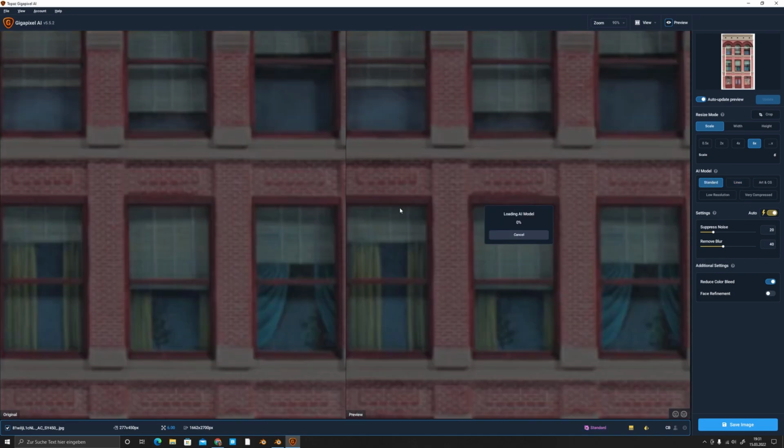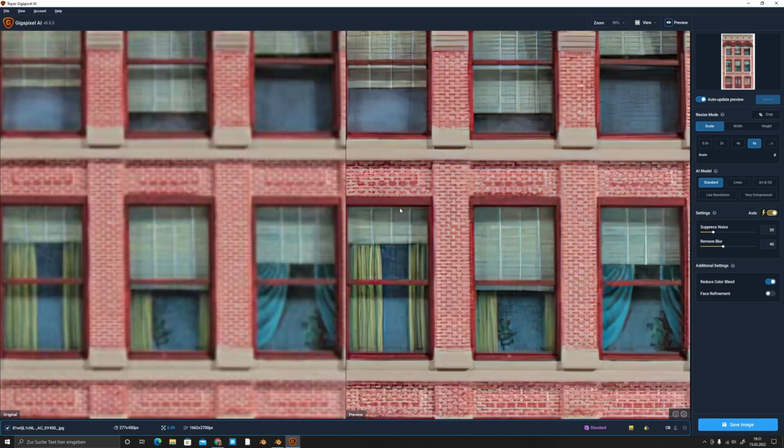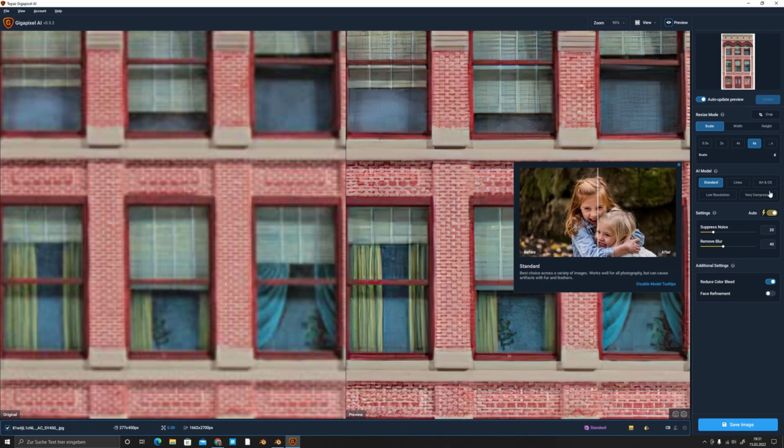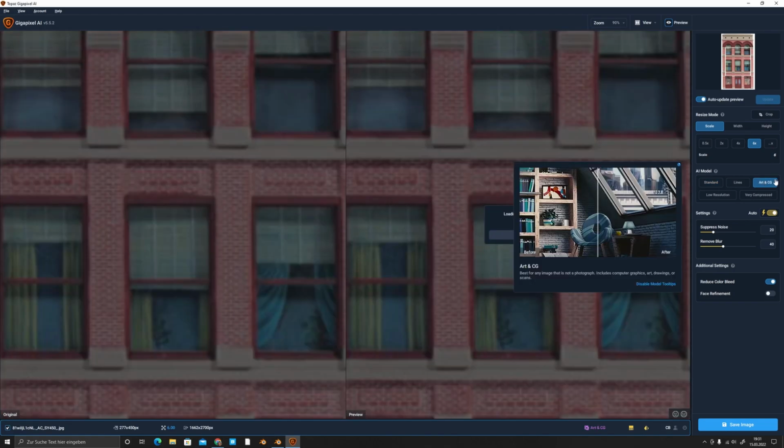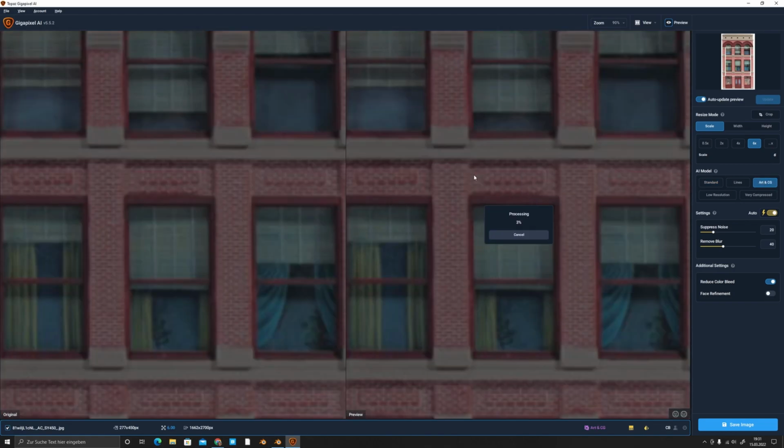And we also have your standard. We can look at how that works. And it's basically almost real time, you know, it's almost real time. And then we can use here art and CG. In my opinion,